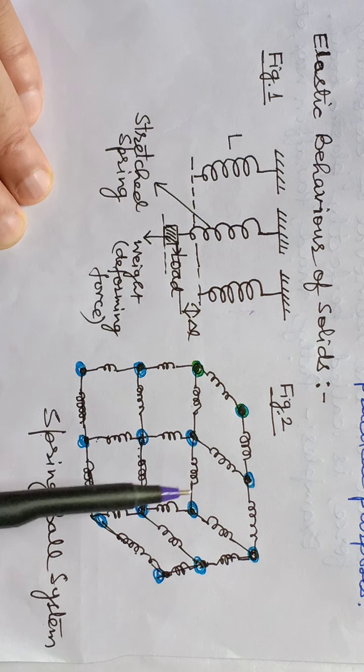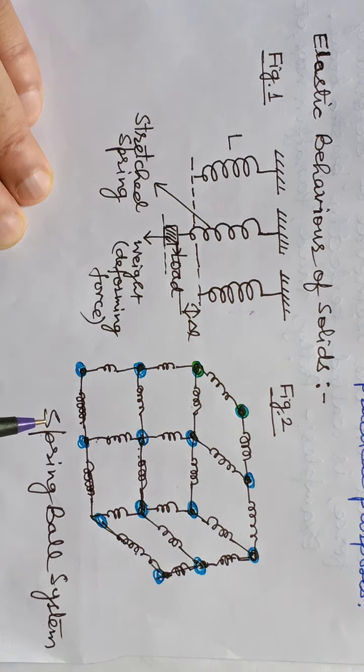Now here are a large number of springs, and this is a spring ball system. The balls are held regularly by these springs. So if we try to increase the size of this spring ball system, what will happen? These springs which are binding these balls will try to bring back the system to the original configuration. Now we are going to extend our common experience of this ball spring system to understand the microscopic picture of